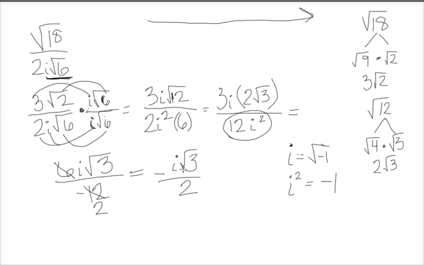Sorry about that. That square root didn't go down far enough, but I think you can see it pretty clearly. So this is -i root 3 all over 2. Again, that negative sign coming from the fact that we had a -12 on bottom. So there's the answer. Hopefully that made a lot of sense. And any questions that you have that are similar